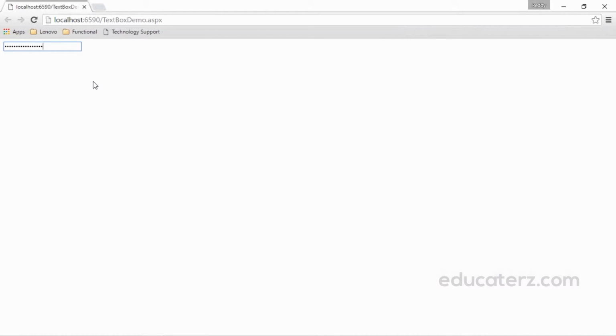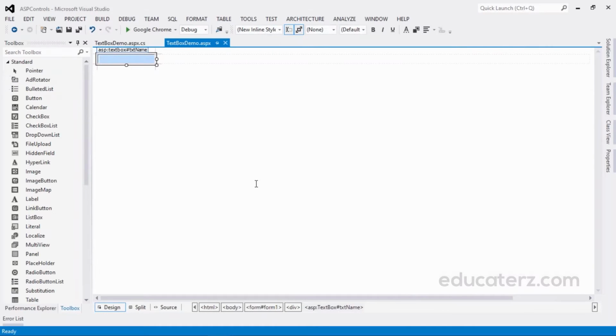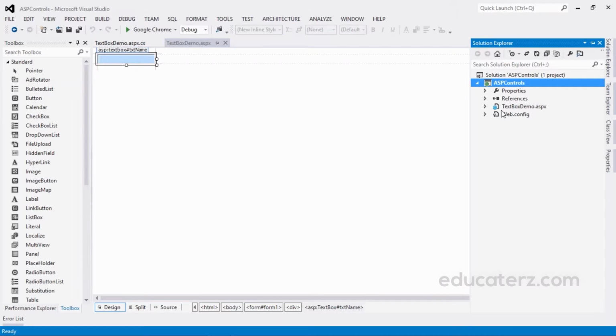Now, whatever you type, you cannot see. The password field will not display password characters to anybody, even the user. It will be looking like this. All stars will be there. Whatever key press you give, that will become a star.